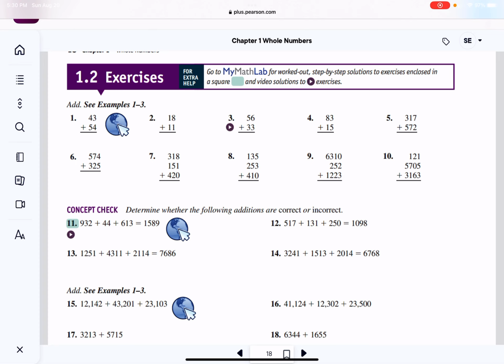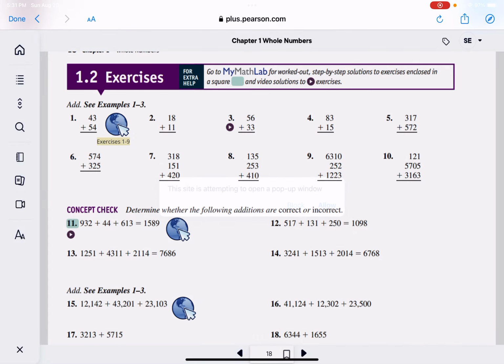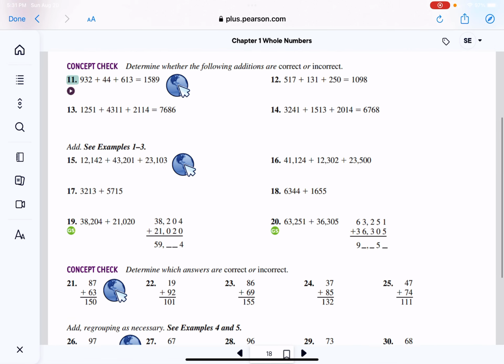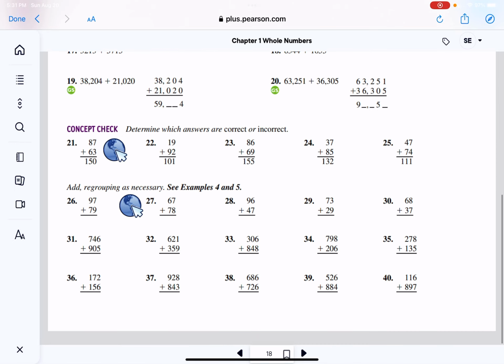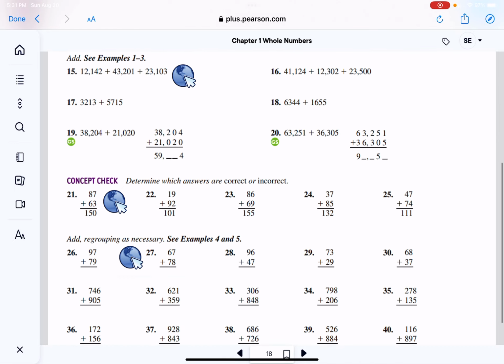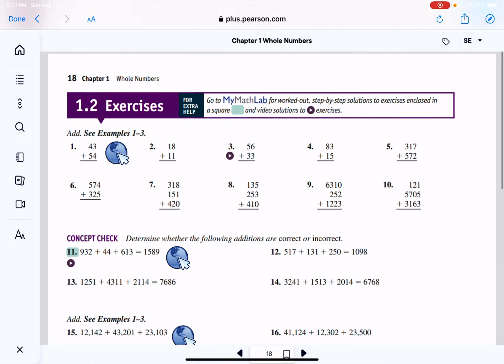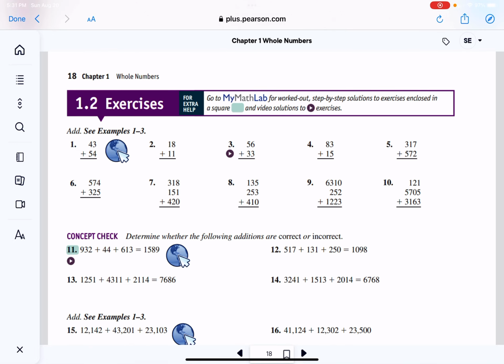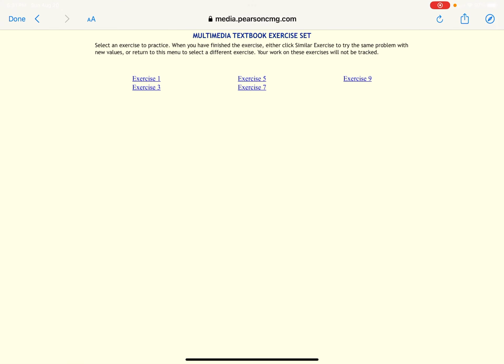Now, in traditional math textbooks, just to let you know, you will always find the solutions in the back of the textbook, and I'm going to show you how to access that. But notice here that we have the globes again that you can go ahead and use to access in here. Now, as I said, if you do the odd problems here, you can check them in the back of the book. So if we go back to,